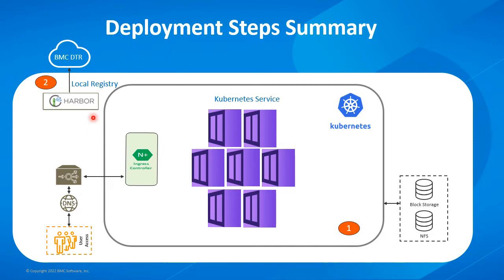BMC highly recommends that you install a local repository. A local repository provides the following benefits: improved performance, where the container images are cached and accessed locally during deployments and upgrades; security, you can implement your security scan of the containers before deployments; and access control, you can control access to the local repository by using authentication and authorization. BMC provides full documentation for Harbor and our recommendations.